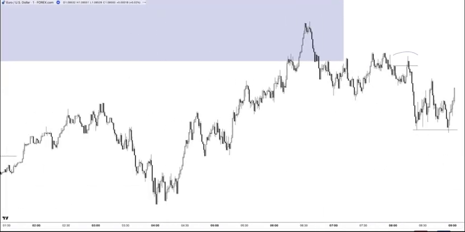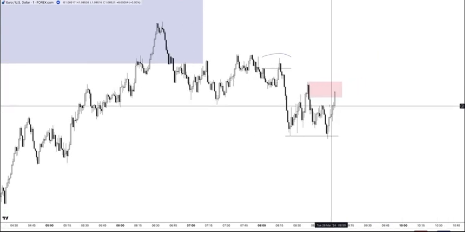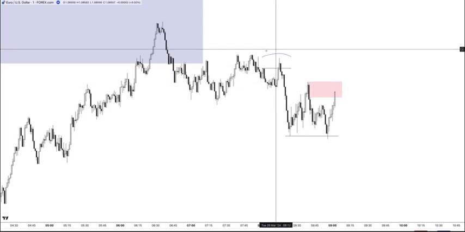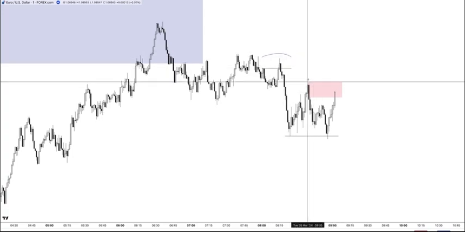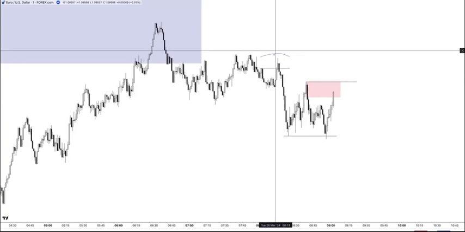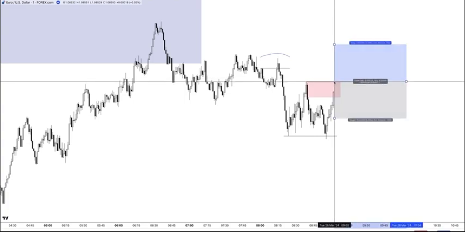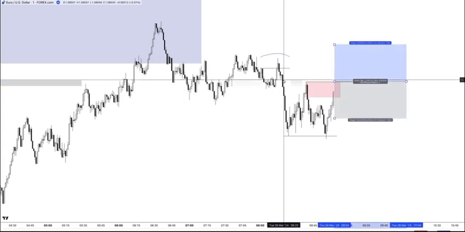So now we have a trap occurring. I did fast forward a little bit too far, but this was now an area that you do not want to be selling from, because this is what retail is going to be looking to sell from, and we're not interested in that. What do we have right above? A liquidity block. So if this is a level of liquidity for us, and this is a point where price can reverse,